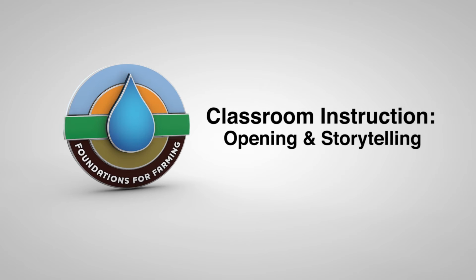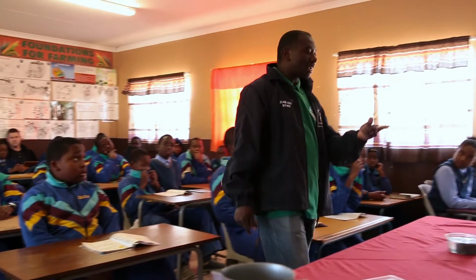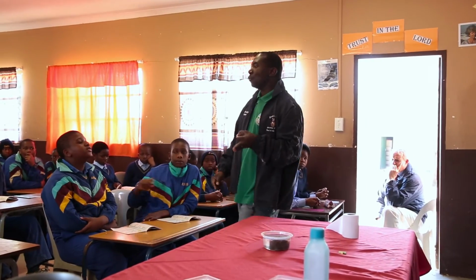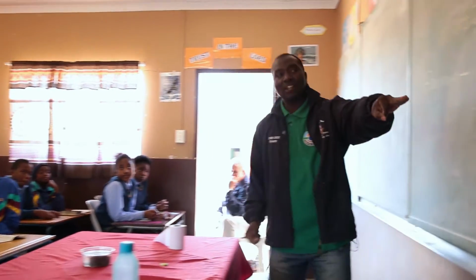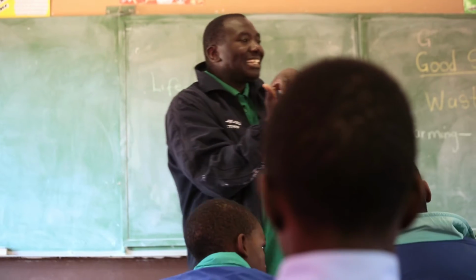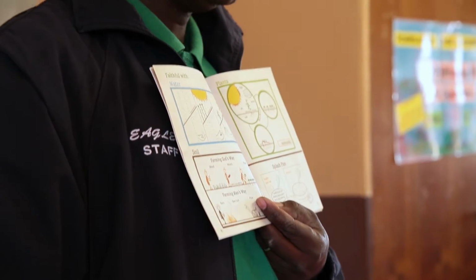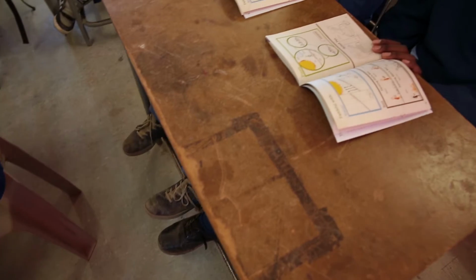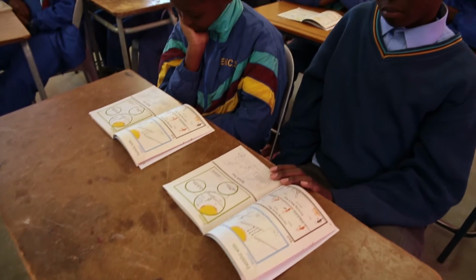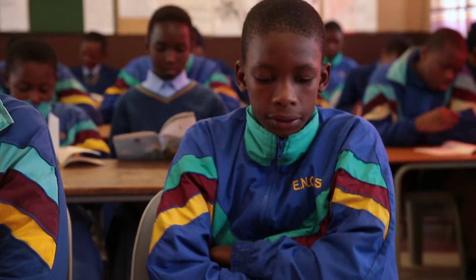Classroom instruction, opening and storytelling. The opening and storytelling should take place inside the classroom and last about 20 minutes. In this section, you will review the previous lesson, introduce the current lesson, and read the Bible story to the students. Time is allowed for the students to read the story in their student book, and teachers will guide students